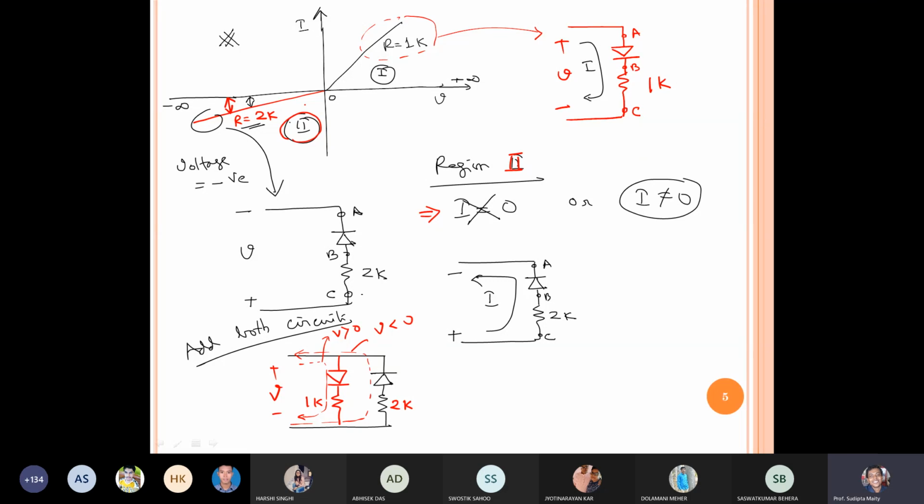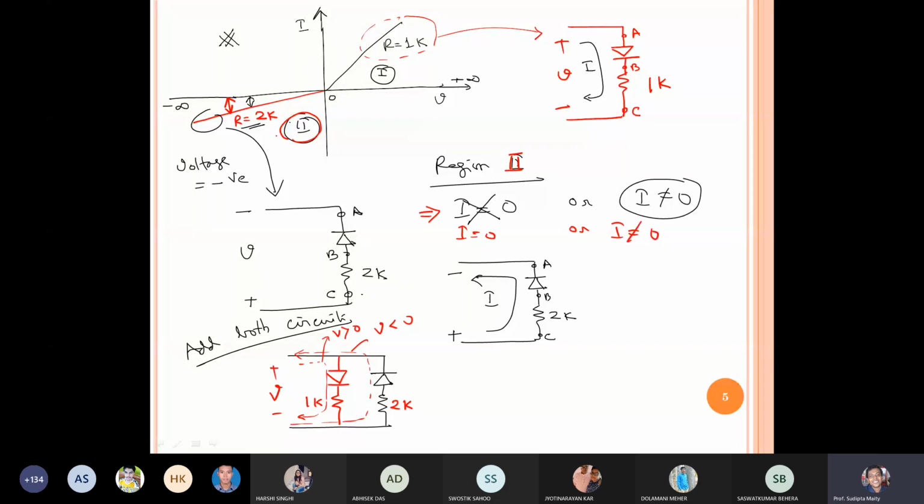We cannot say what kind of problem can come, but if it is coming, how to solve it and what is the correct procedure you have to apply. But at least you should have the concept of how a particular circuit can work, because we do not know the amplitude of voltage. Someone was talking about region 2. Is I 0, or tell me I not equal to 0.